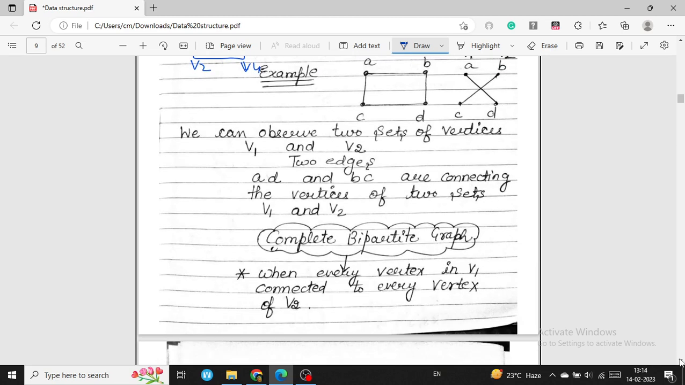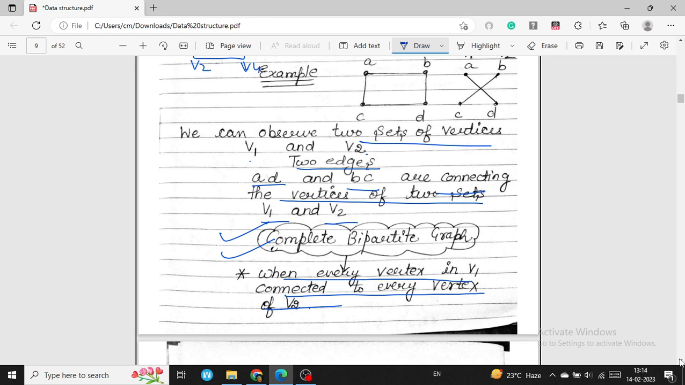You can see here an example again. We can observe two sets of vertices, V1 and V2, and two edges, AD and BC, connecting the vertices of the two sets V1 and V2. Now, complete bipartite graph. What do we mean by a complete bipartite graph? When every vertex in V1 is connected to every vertex of V2, that is known as a complete bipartite